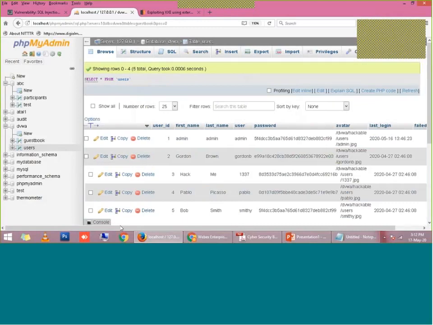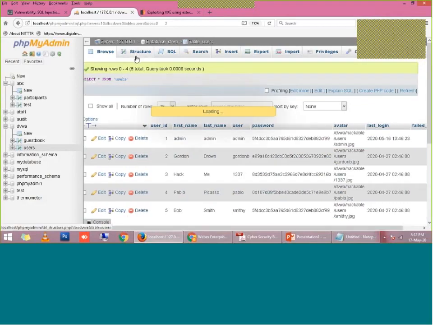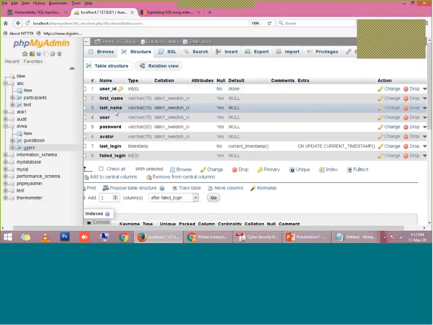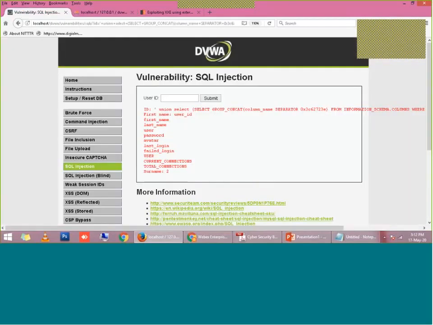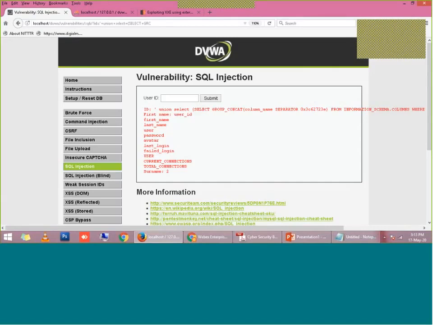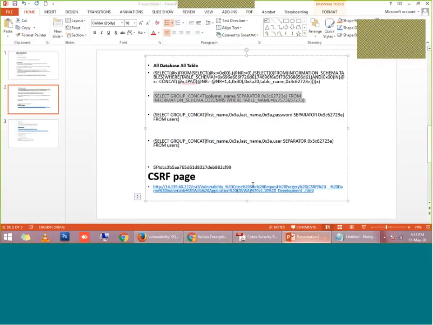In the user table you can see the column names are user ID, first name, last name, user, password, and so on. So by using this payload, I am able to see what column names or attribute names are available in the database table, right?